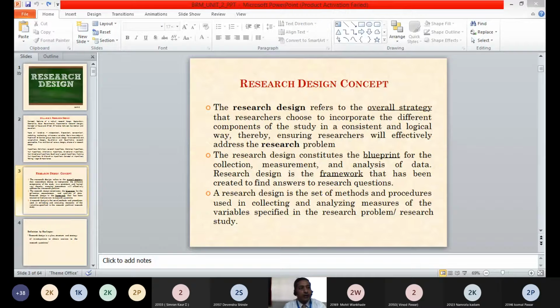Like that, research also, as research is a systematic and scientific method, you have to have a plan, and research design is that plan. Getting the point? So in short, research design means a plan of conducting that research, a plan of how to conduct that particular research. And in that research design, we plan which method to be used, how much sample to be taken, which instrument to be used for collecting the data, all that.